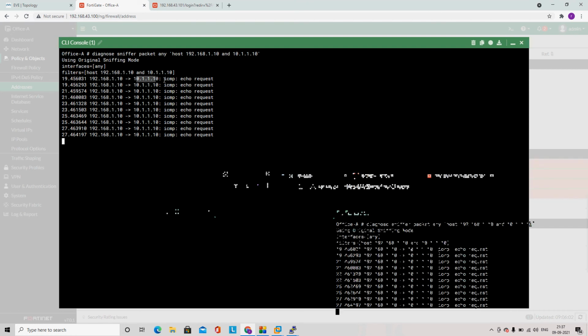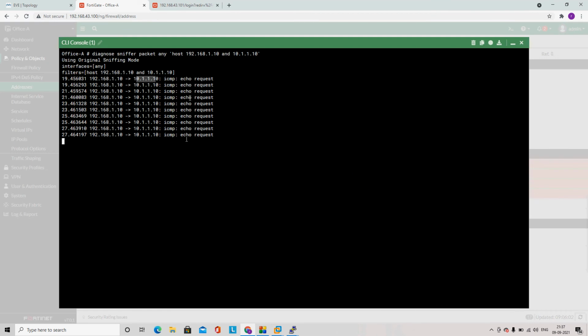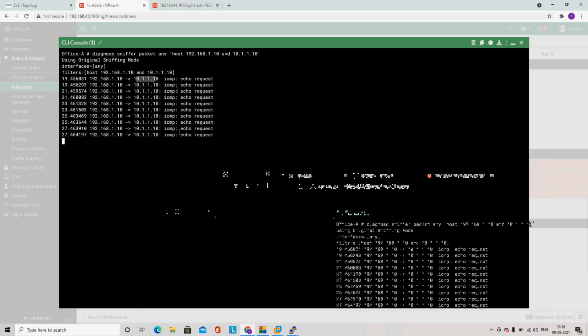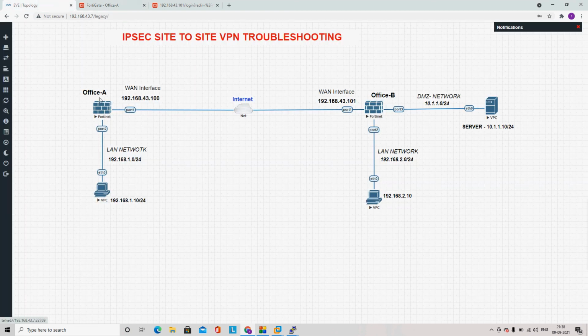It sends the ICMP request, but didn't receive the reply. So you can understand from these logs that this firewall is receiving the packets. This Office A firewall is receiving the packets, but somehow it's not forwarding them towards the IPsec tunnel. So it could be multiple issues. We have to troubleshoot why it's not sending the traffic towards the tunnel,